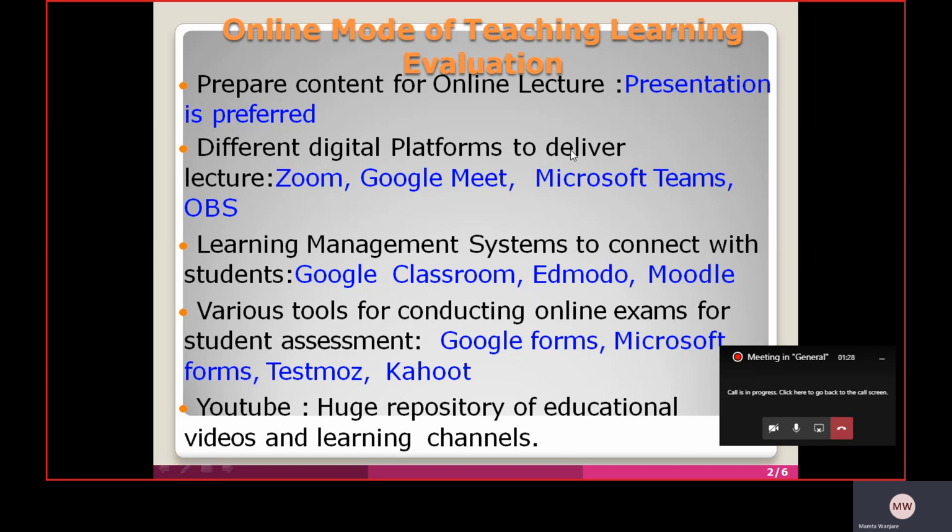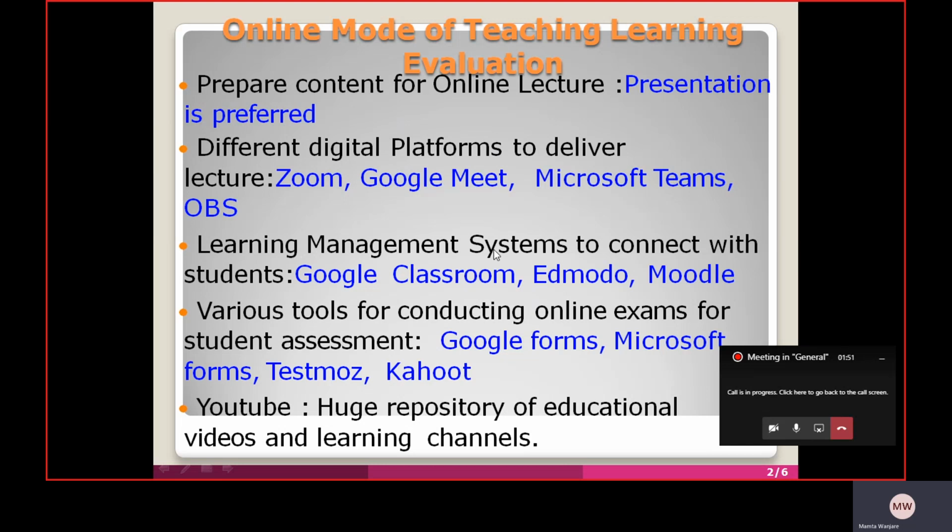Online mode of teaching learning evaluation. If you want to prepare content for online lectures, presentation is preferred. If you want different digital platforms to deliver lectures, different software is also available: Zoom, Google Meet, Microsoft Teams, OBS.